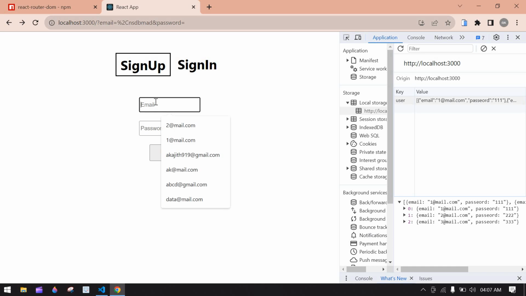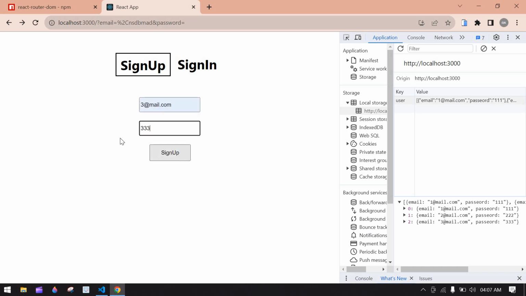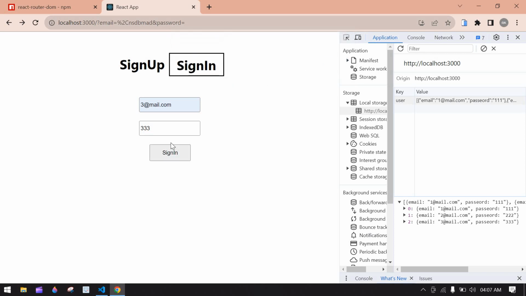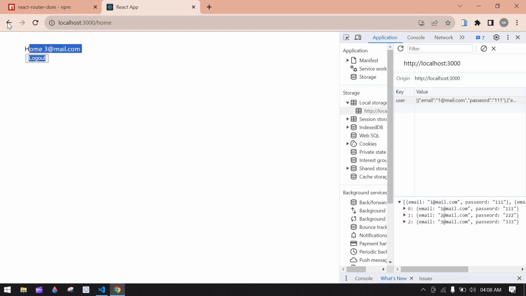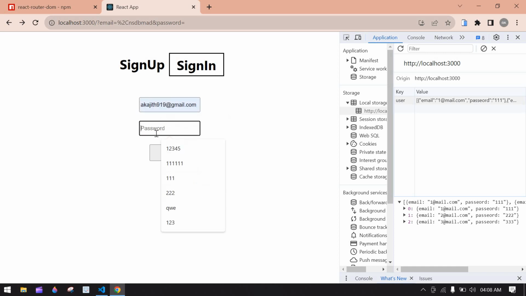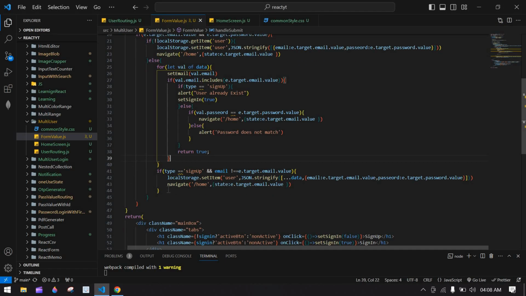Here sign up with this 3@mail. Here 333. If I click sign up, it's showing user already exists. Navigate to this screen. Here if I click sign in, it navigates to the home screen. Okay. Again log out. Here I'm going to add a new email and something like that. If I click sign in, here the new email is not added in the local storage because this is sign in. In this case we are going to display an alert after this, else